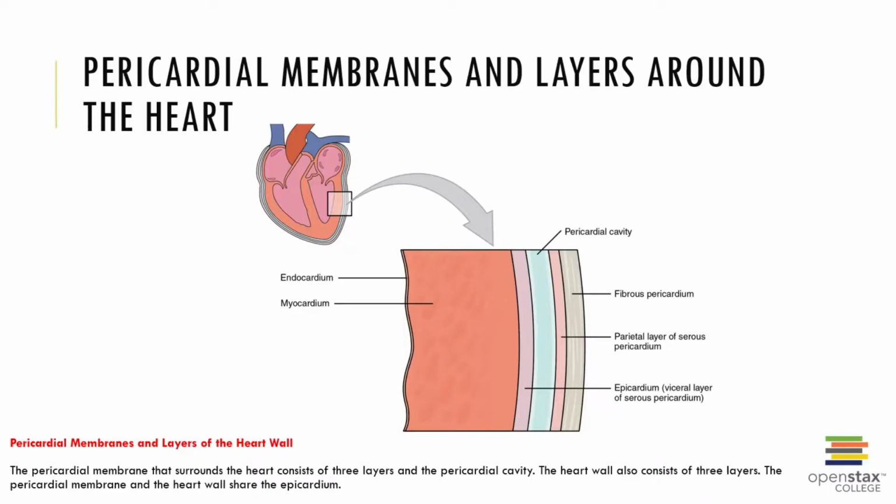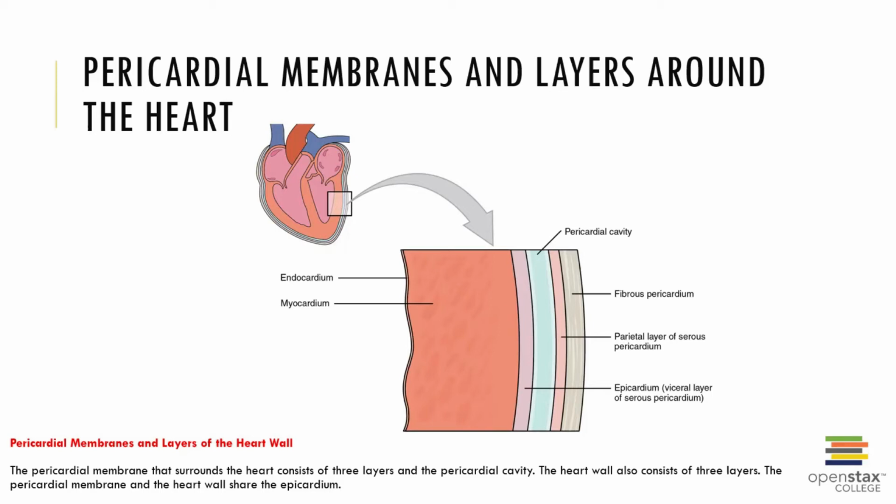Then we have the epicardium, also known as the visceral layer of the serous pericardium, which covers the outer surface of the heart. So this is the serous membrane that we talked about in A&P 1. Some people pronounce it serous membrane. And it consists of an exposed mesothelium and an underlying layer of areolar connective tissue that is attached to the